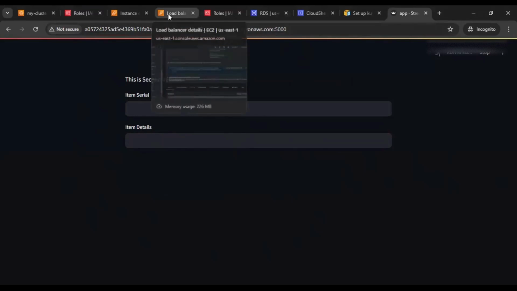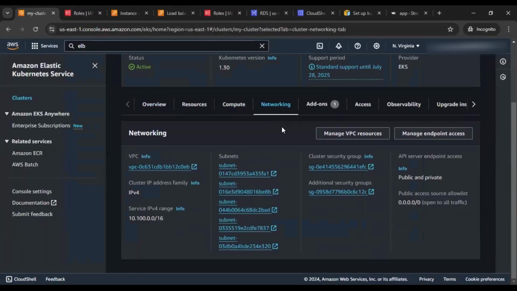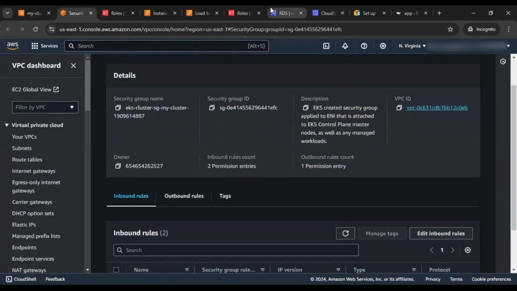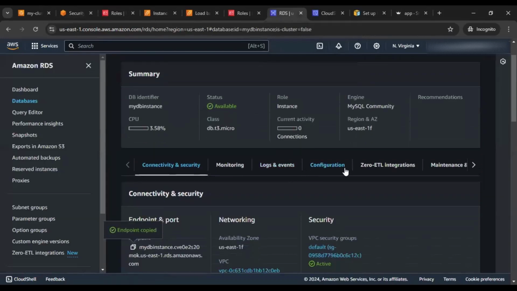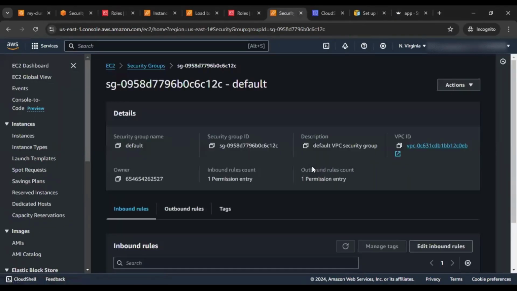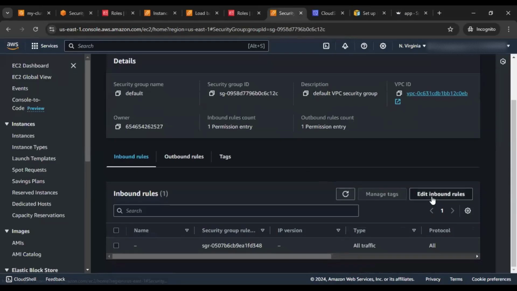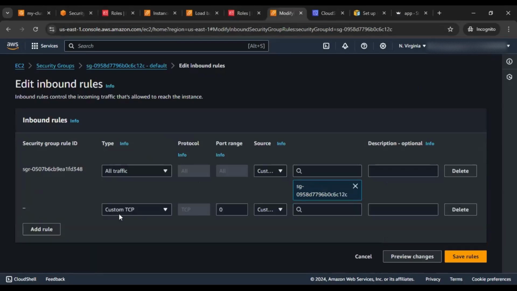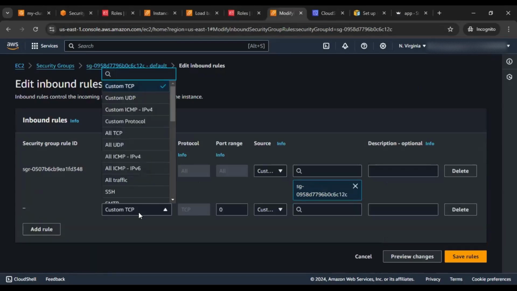So what we will do, we will go to this cluster. If you go to this networking tab, you can see our cluster security group is there. So you can go to this cluster security. This is our security groups, and as well as we are having the RDS. And if we go to our security group, we can see the security groups are there. This particular security group, you can see the inbound. We can edit the inbound rule, and we can see database security group, and we are going to add one rule, and we are going to say that